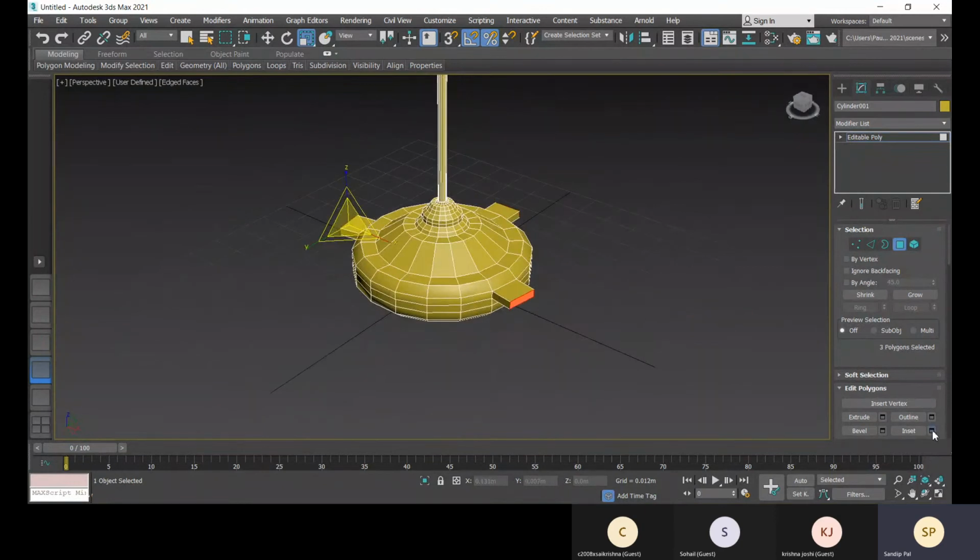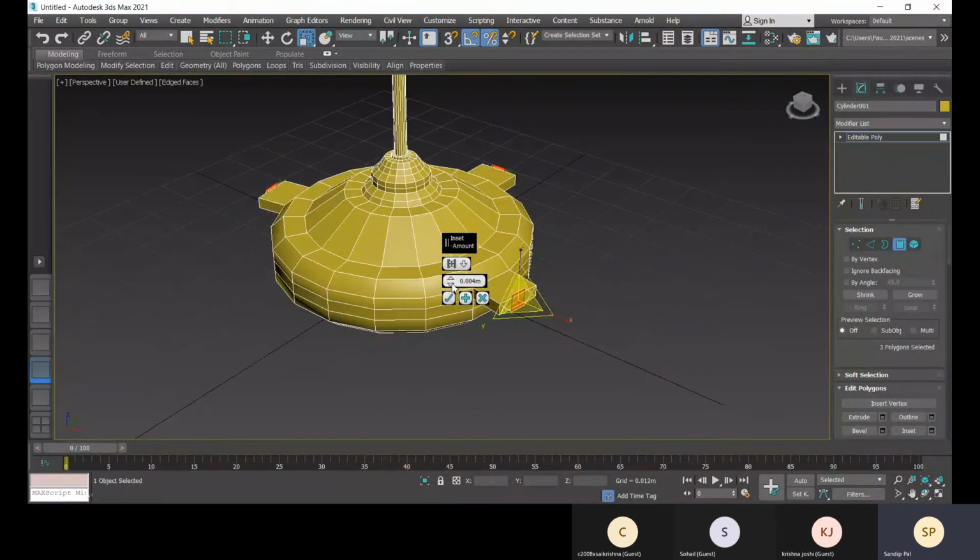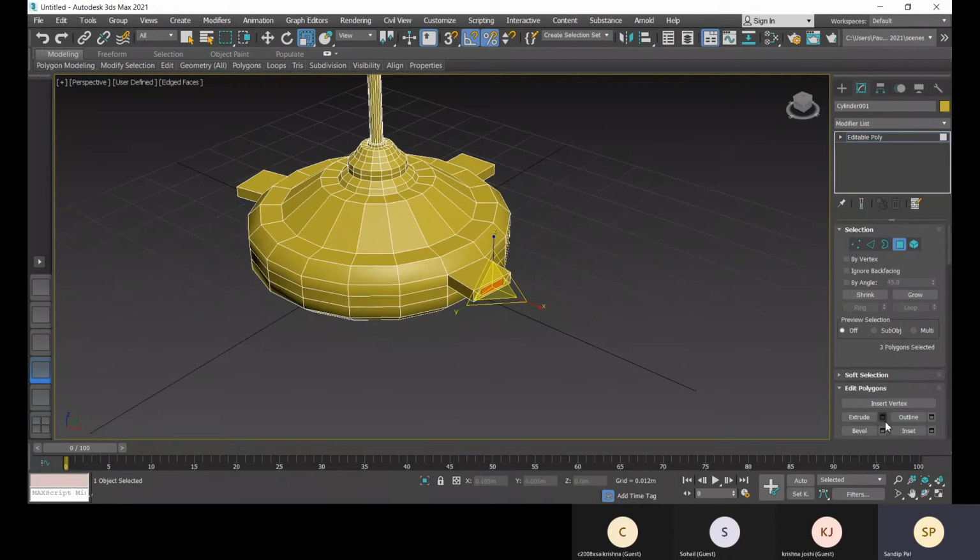Okay. So let's create with inset, a smaller one. Do this, extrude it.